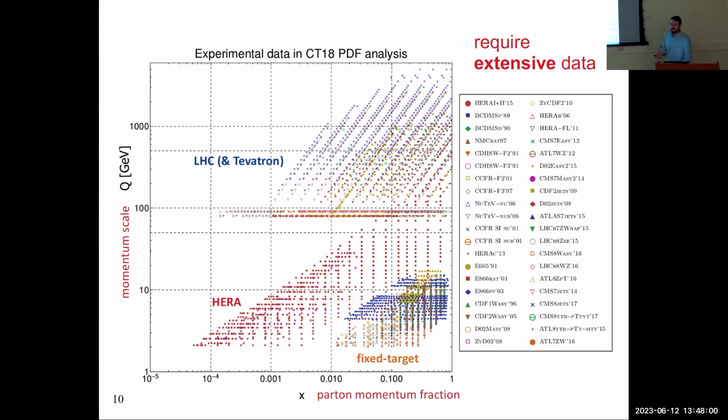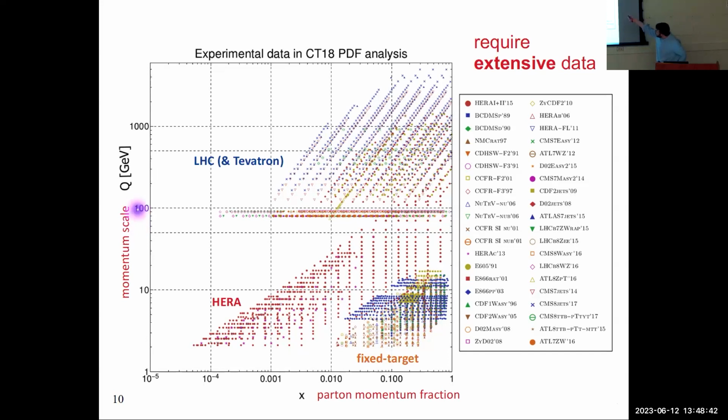And so this is a sort of a representative plot, basically, of the data that go into a typical such global fit. So this is an analysis that my colleagues and I released a couple of years ago. This is inside the CTEQ global analysis group, CT18, which was a very large scale analysis targeted principally at physics at the Large Hadron Collider. And what this plot shows basically is all of the data that we fit to inform the CT18 global PDFs represented in a space of X, where X is of course the parton momentum fraction, and this momentum or energy scale Q.